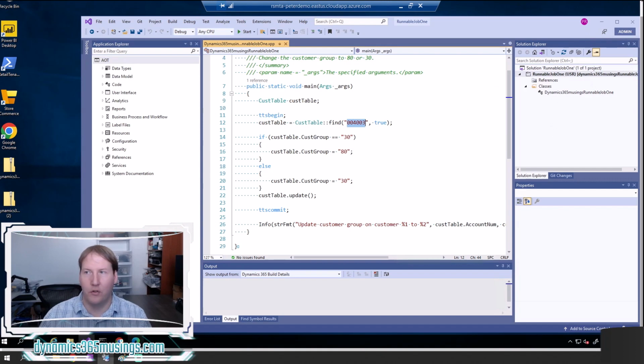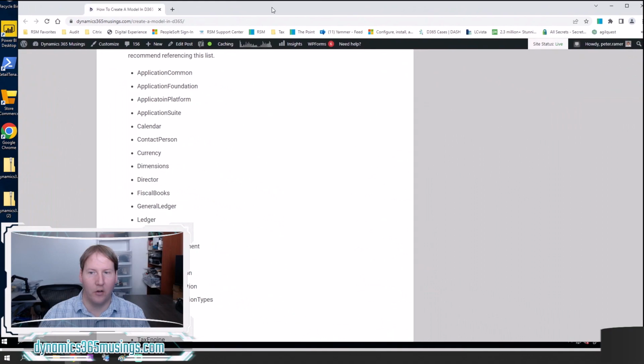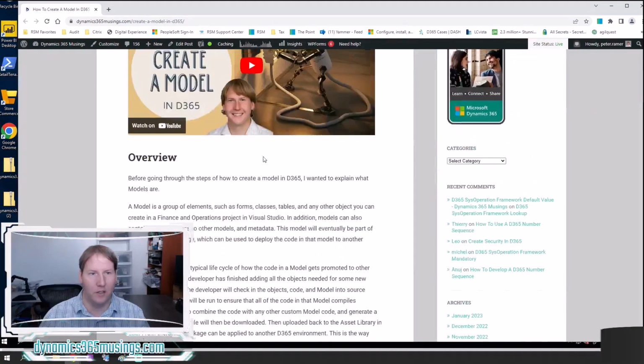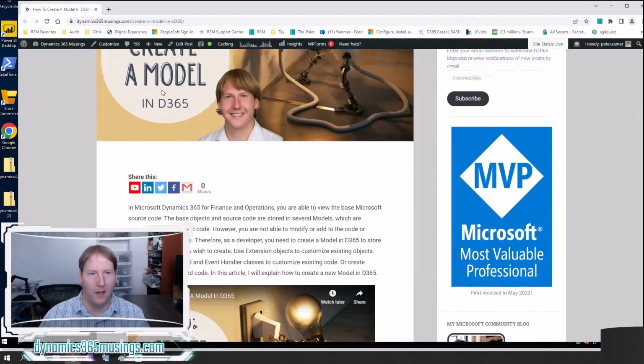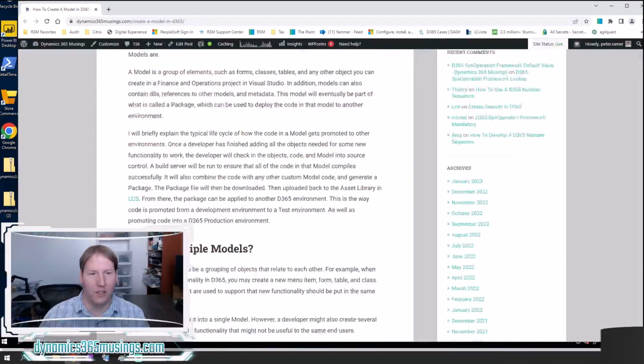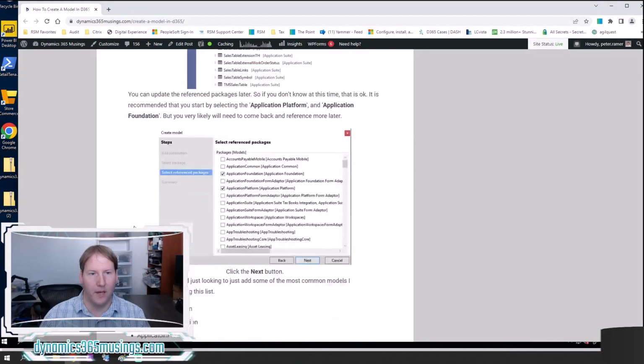So in order to do that, I actually need to create a new model. I know this is a few new steps and a bunch of steps, but bear with me. It puts together some really good skills. So again, I created an article on how to create a new model. So you can see this one here, how to create a model, found at this URL. You can watch this video, and we're actually going to go through those few steps right